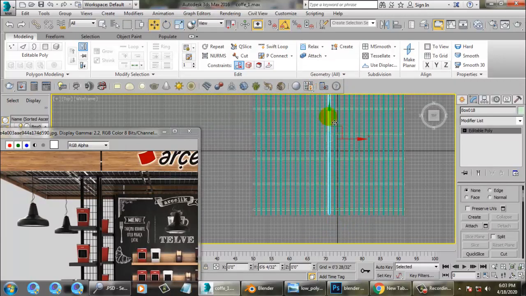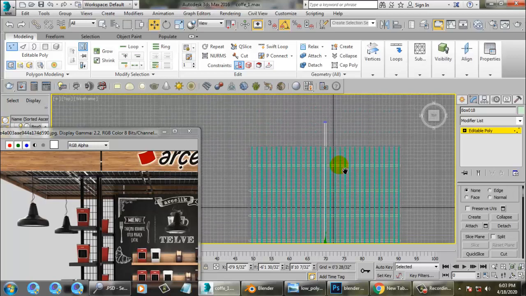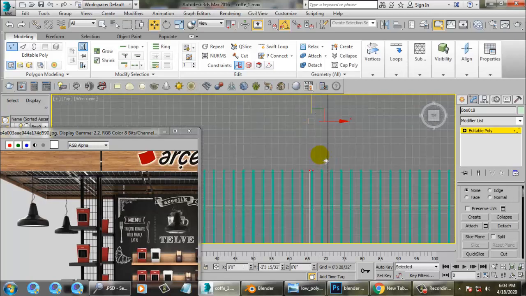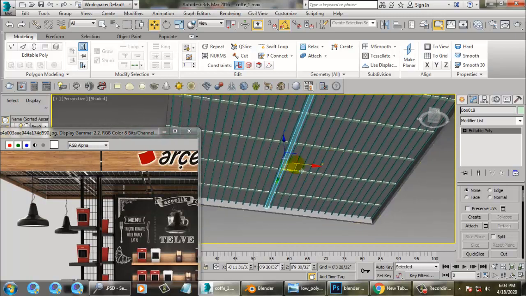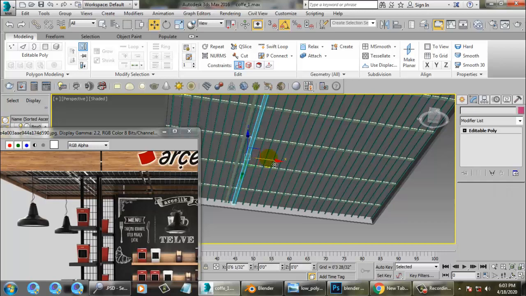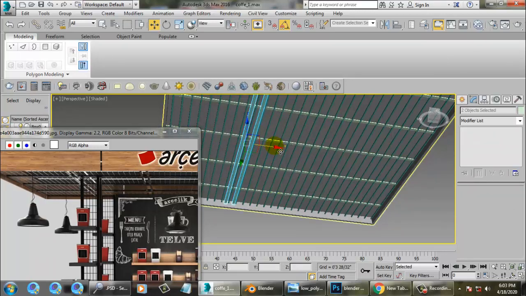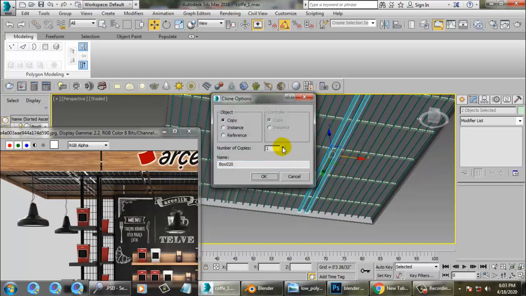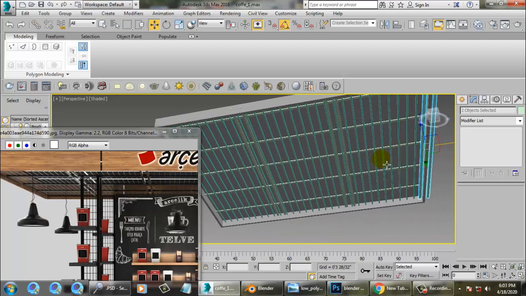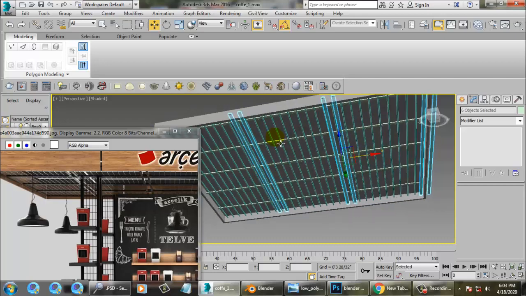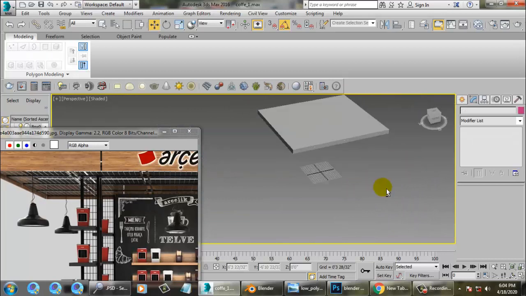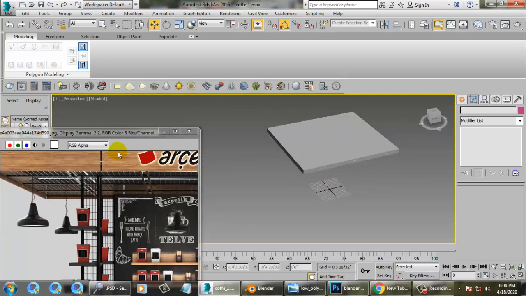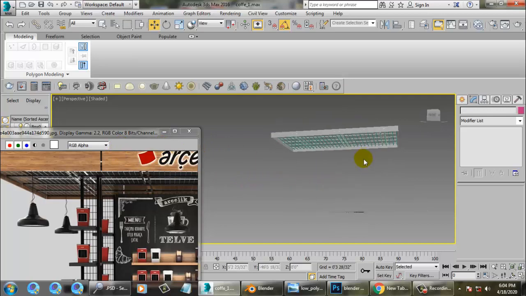Again I'll go over here and push this over here, and make multiple copies once again. And just push it like this. Alright.